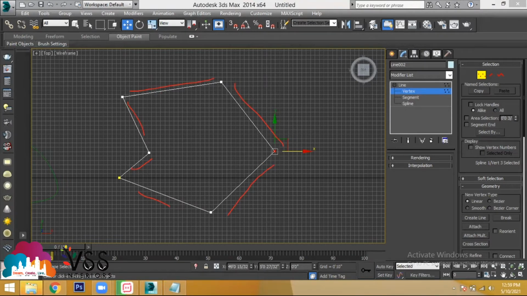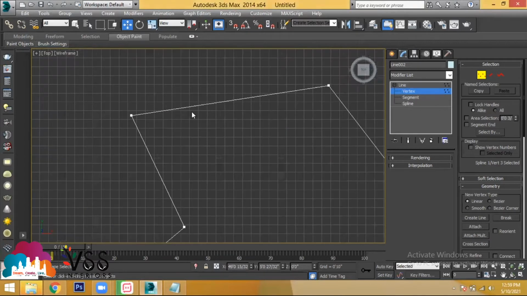Now what you have to do is try to make the lines straight. Let's go with this line. This line has two endpoints, right? This is one endpoint and this is the other. By joining these two endpoints, this line is inclined. So you have to make this line straight.